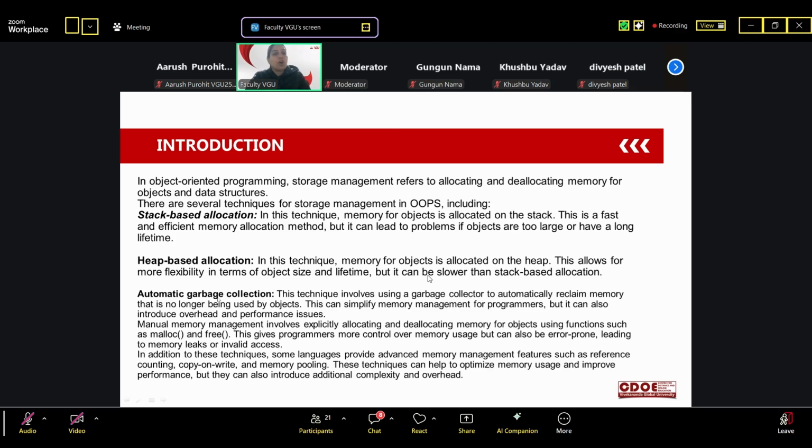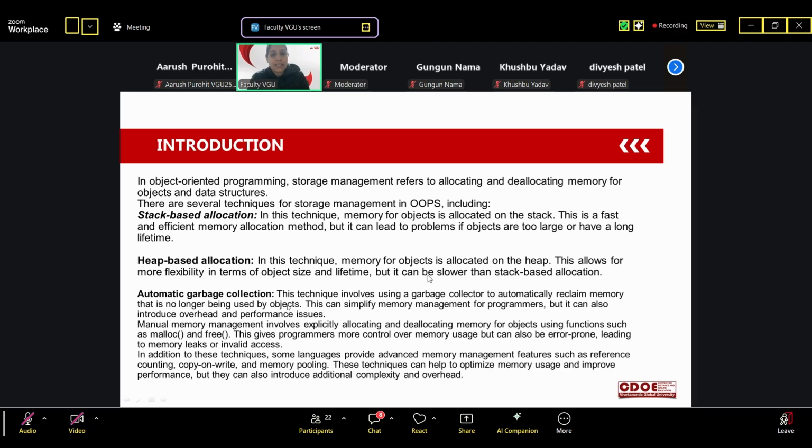Now come to automatic garbage collection. Here we have a garbage collector that automatically reclaims memory that is no longer being used by objects. If objects are no longer being used, then we use a garbage collector.